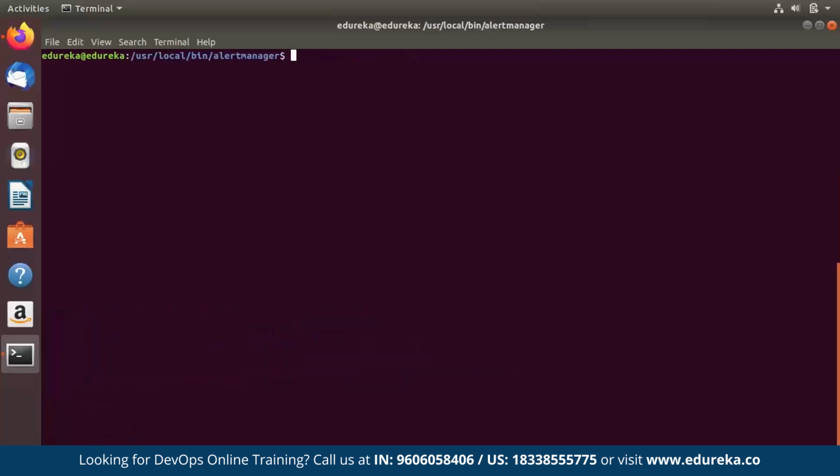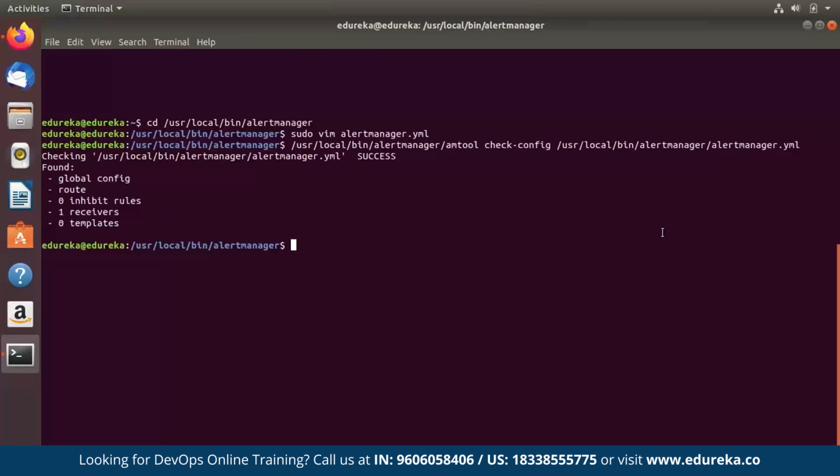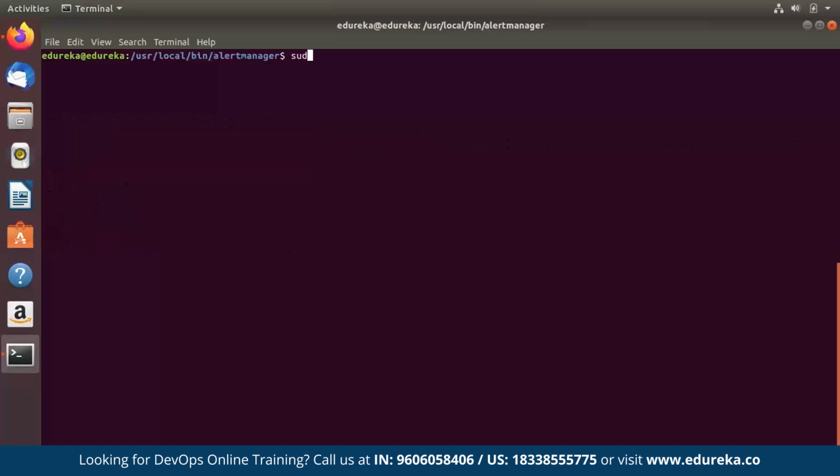Okay, I'm just going to clear my screen and I'm going to start my Alert Manager. So once I've made changes to my service file, now I'm just going to execute my command, /usr/local/bin/alertmanager amtool. Now for all of y'all who don't know, amtool is an executable that allows you to view or to modify the current state of the Alert Manager. Okay, so once this is successful, you can check the config file with the help of amtool, and you can just see that there's one receiver. So what I'm going to do is I'm just going to clear my screen and start my Alert Manager service.